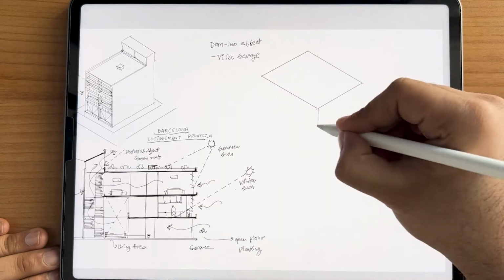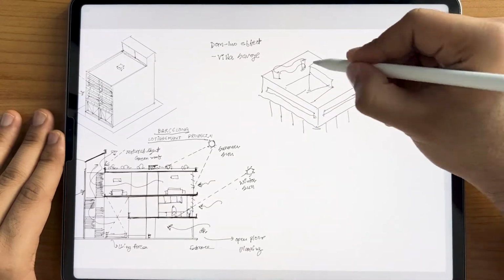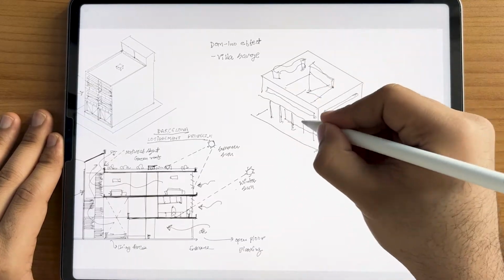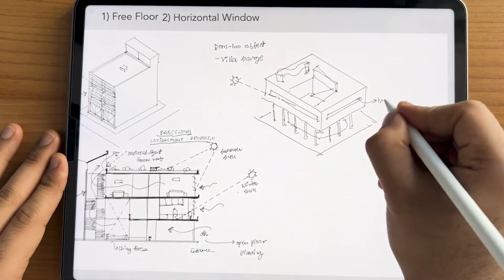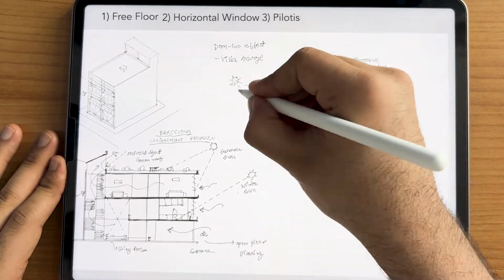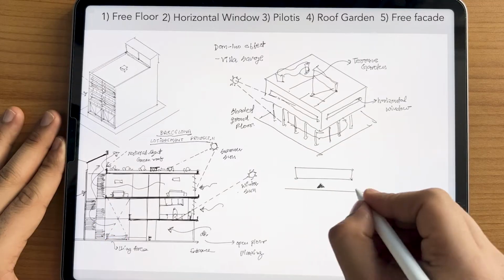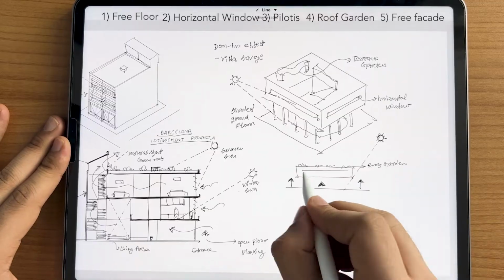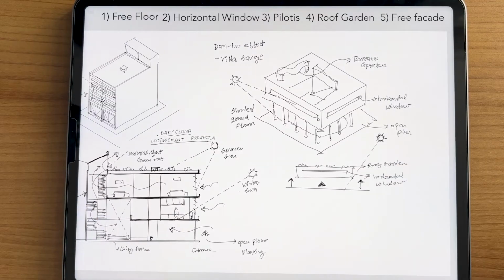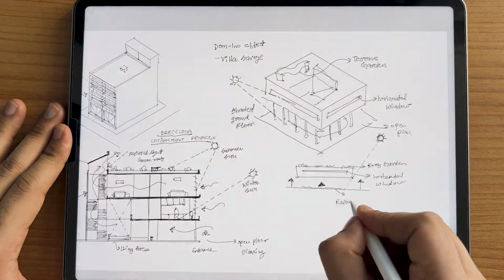The second project we will discuss is Villa Savoye, which follows the domino effect and incorporates Corbusier's 5 principles of design: the free floor planning, the horizontal window, pillar structure, the roof garden, and the free facade. These principles are reinterpreted with environmental consideration. The raised built mass acts as a solar filter. The open plan responds to the solar reflection, and the horizontal window contributes to the glazing effect.